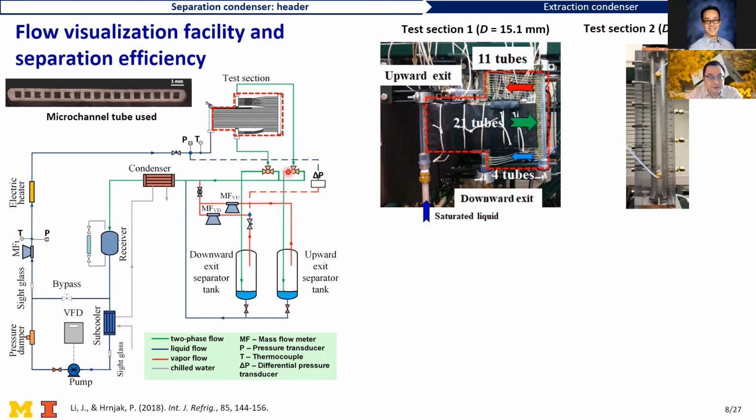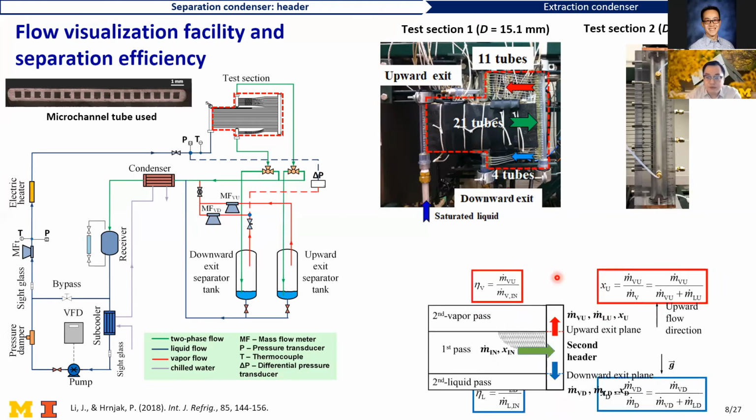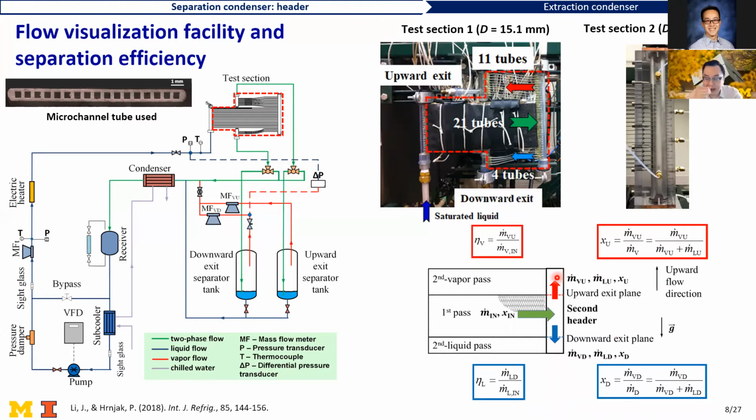And downstream of the header, for the two exits, I use a separator tank to measure the liquid flow rate, and a mass flow rate meter to quantify the vapor flow rate. And from my test, I found that the separation in the second header is usually not perfect, and I have to define the vapor separation efficiency, which is